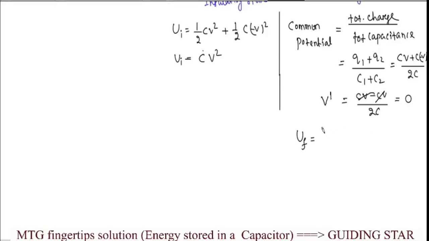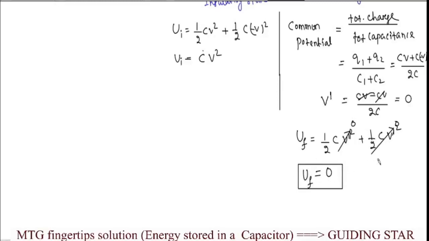So energy stored in the first sphere will be half, capacitance is not changing, and common potential we have to take, so it will be V prime square, plus half, capacitance of the second sphere is C, and potential of the sphere is V prime, so that's square. But V prime is 0 over here, so these two will get cancelled out. So finally the final energy stored across the connected system will be